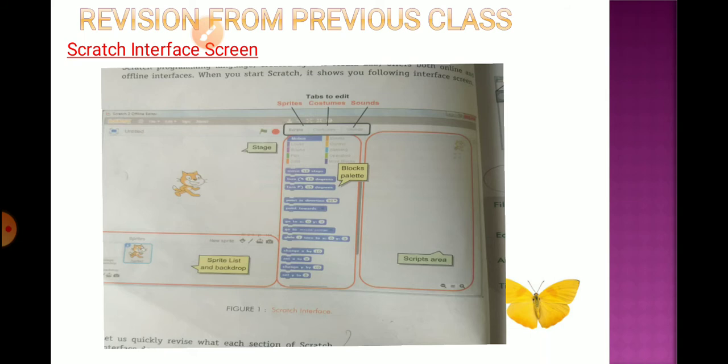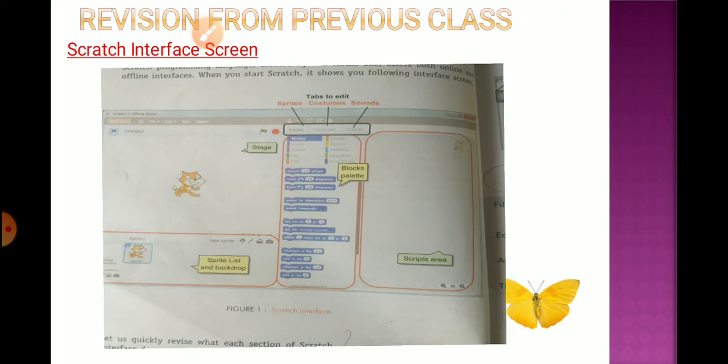When you start Scratch, it shows you the following interface screen. You can see this screen whenever you start Scratch programming. The screen has the stage, sprite, and the blocks, script area, and the libraries, everything.